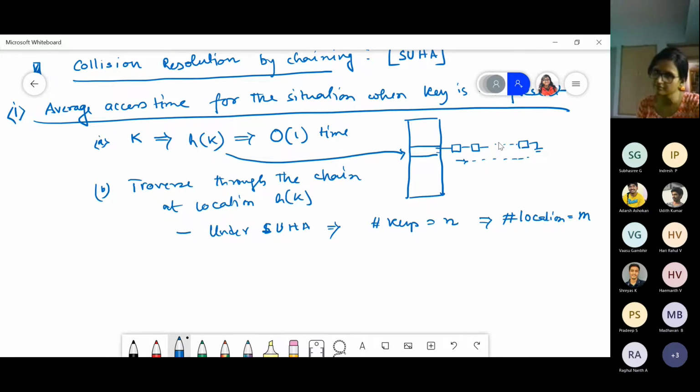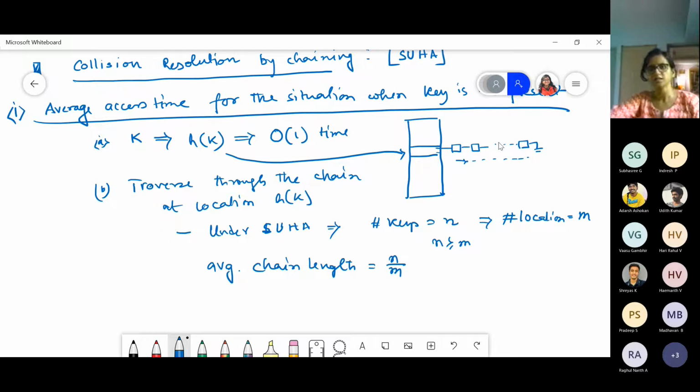Hmm? Will it be n? No. Average I am telling. Oh, average will be, I have total n number of keys, where this n is greater than or equal to m. N by m. N by m, right? So average chain length is n by m. On average, this many elements will be in each chain.